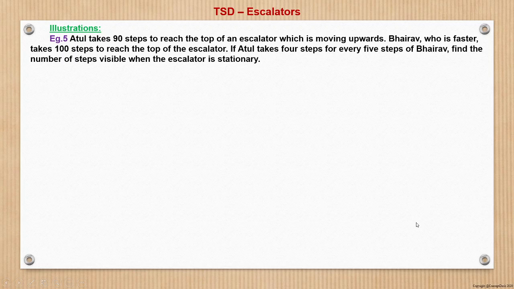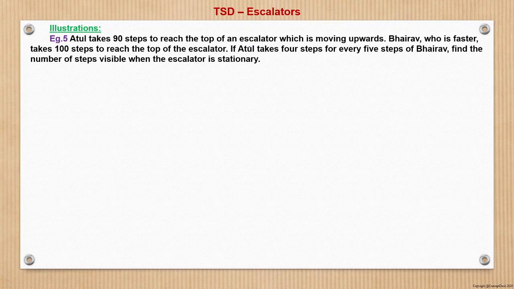Question 5 reads, Atul takes 90 steps to reach the top of an escalator which is moving upwards. That is, Atul and escalator are moving in the same direction. Now, Bhairav, who is faster, takes 100 steps to reach the top of the escalator. If Atul takes 4 steps for every 5 steps of Bhairav, find the number of steps visible when the escalator is stationary. So, first of all, let us